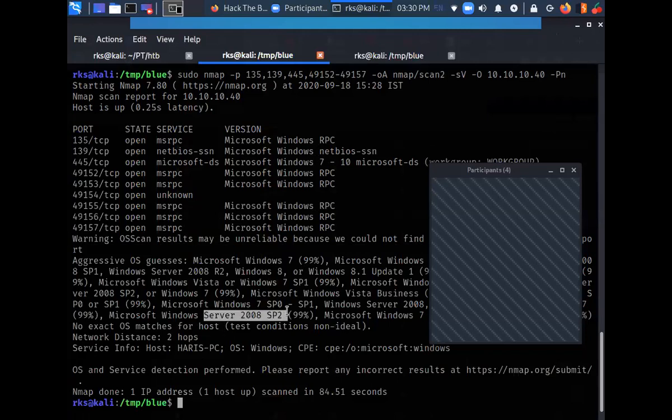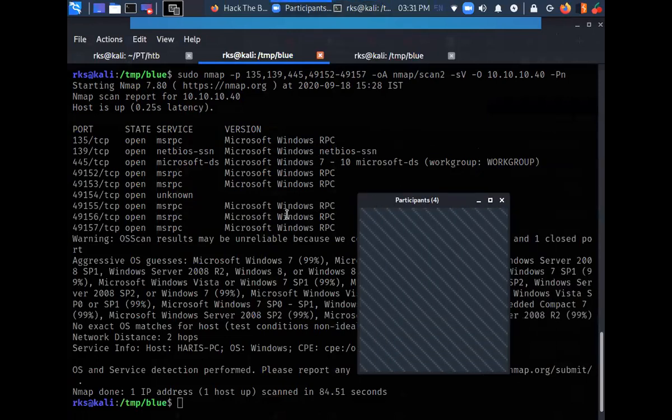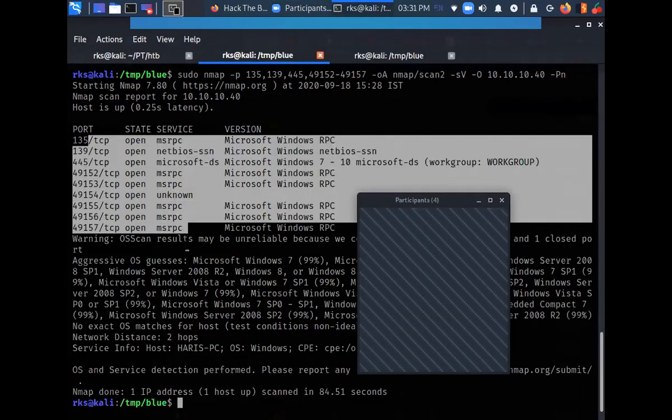Or some Windows Server 2008 server. Okay, and these are certain standard services running on almost every Windows machine out there.